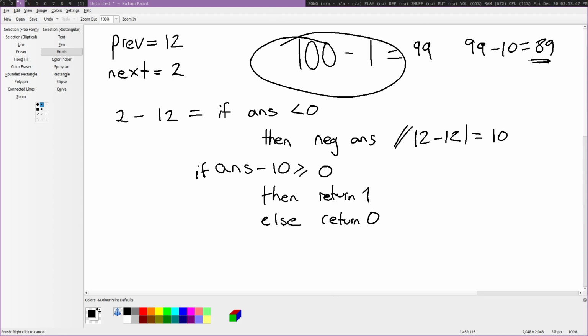So I have 89 now. Then I want to do 100 minus 89, which is equal to, what is it, 11? And if 11 minus 10 is greater than or equal to,